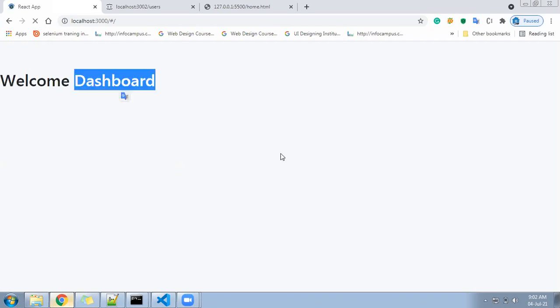Why? What is the possibility of error? Okay, now this is correct. Let me refresh again and identify whether there is any error. No error. No error, right? Because I'm already logged in, so the dashboard is coming.